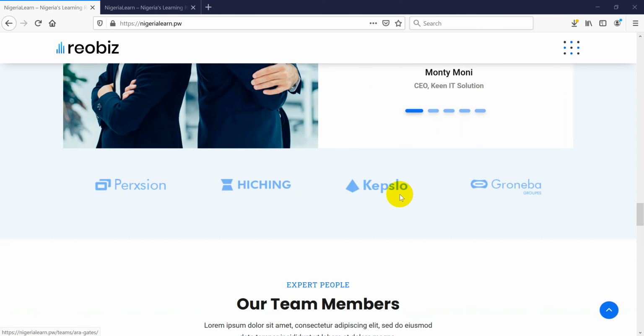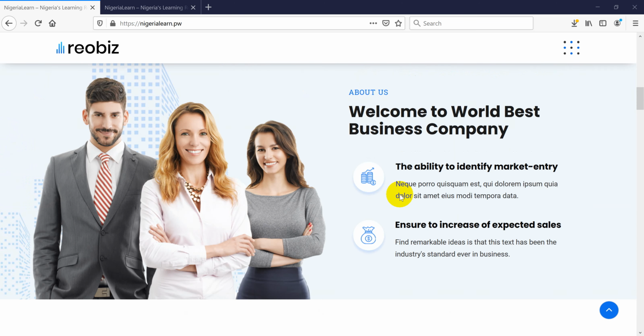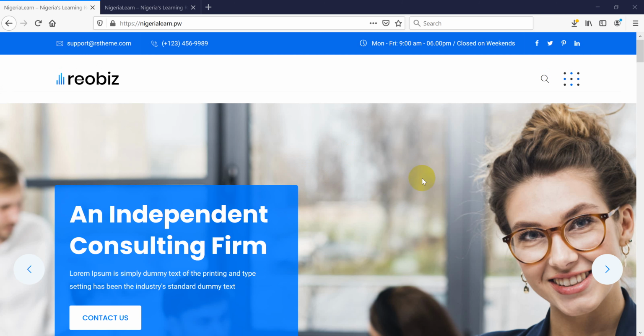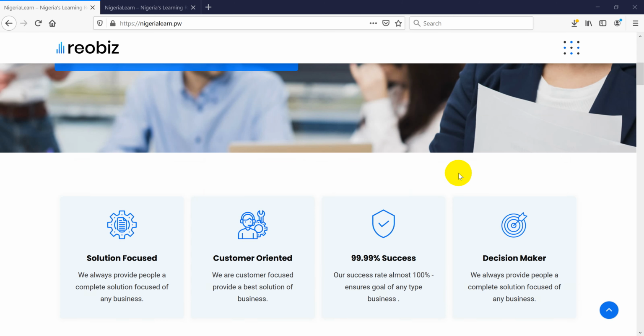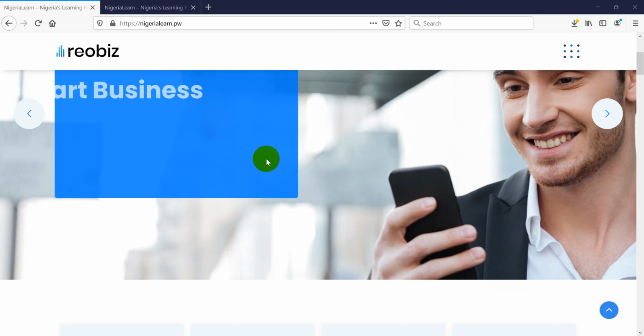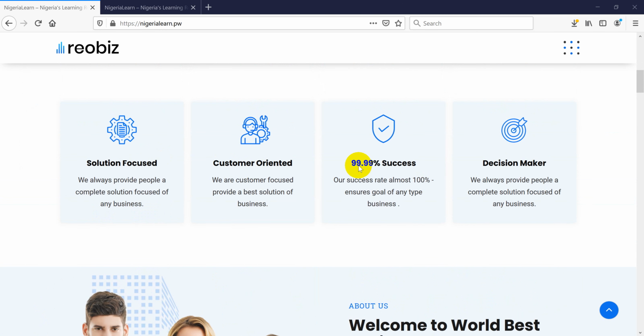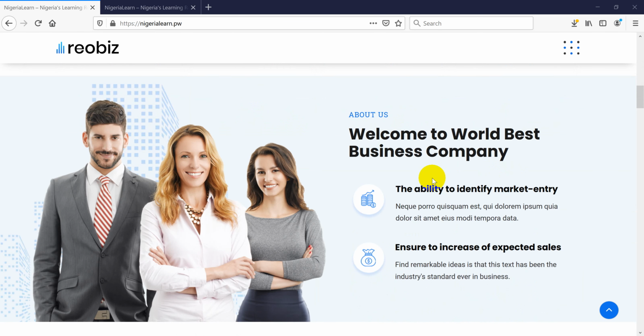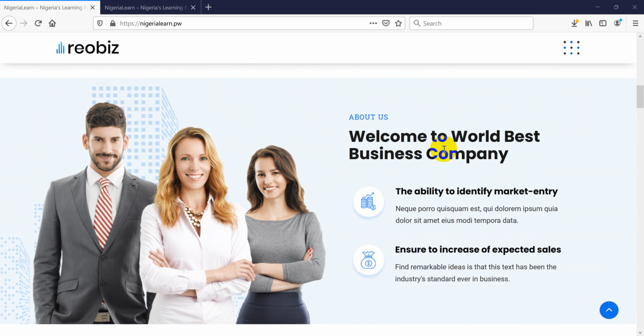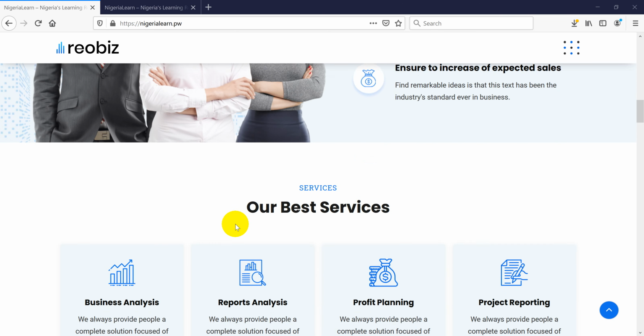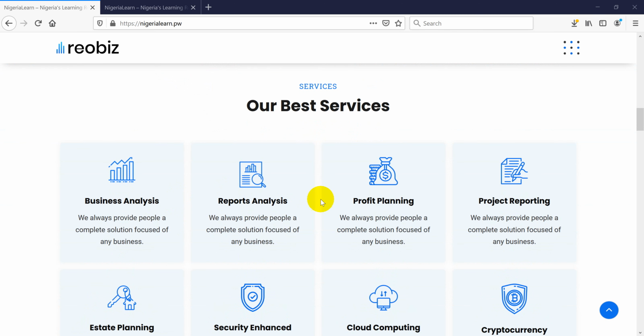So what we do next is to settle down to change the different sections. We'll bring an image that suits our business, put it here, change the message up here to suit our own business message, and along this section we can decide to convert this one to add a mission statement, a vision statement, a value statement, and stuff like that. Right here we can write a brief about our company. We add a photo here from our own company collection, and also